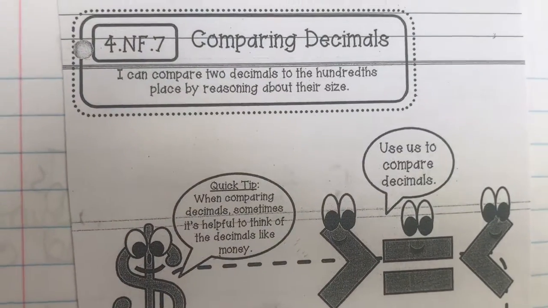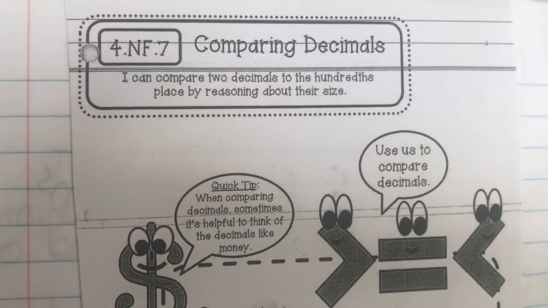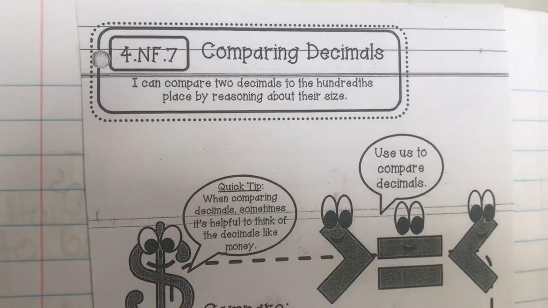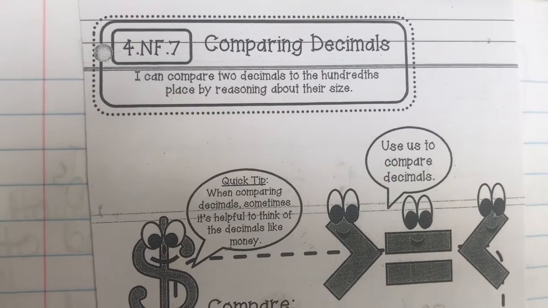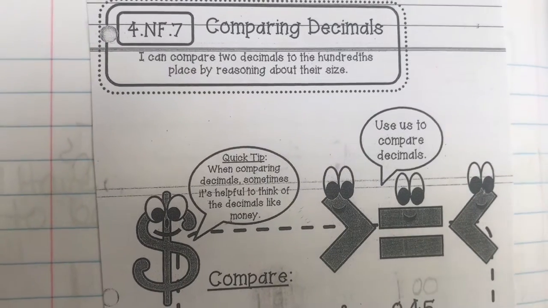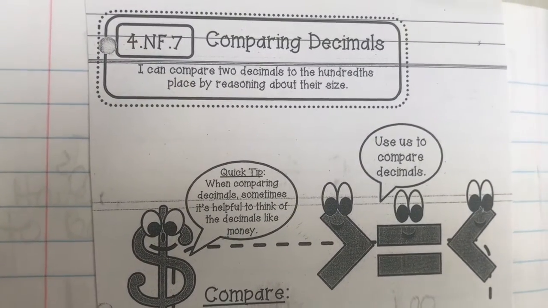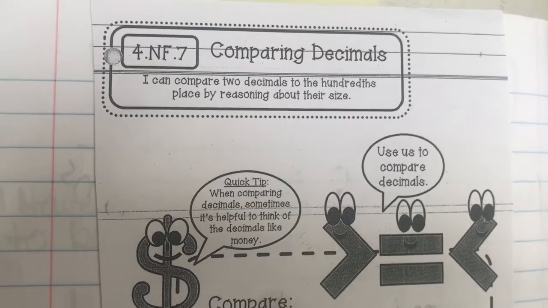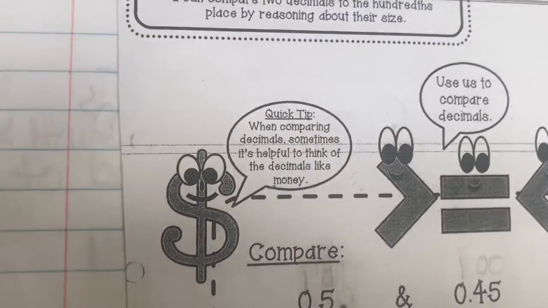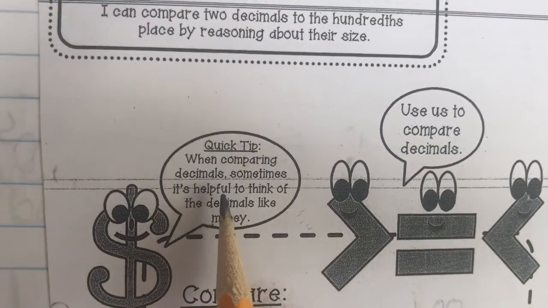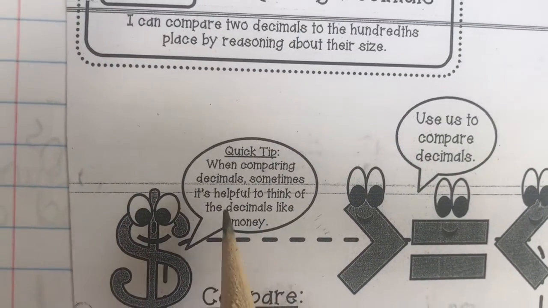Hey everybody, I'm here to talk to you about 4.NF.7, which is comparing decimals. You will be comparing decimals with a variety of things, from models to number lines and also just standard form and place value. So we're going to go over that real quick. So here we go. It says right here in our math notebook, a quick tip: when comparing decimals,